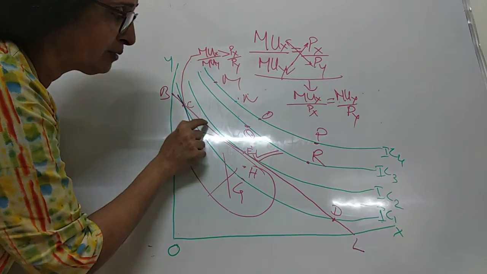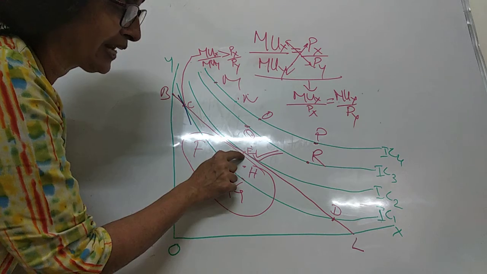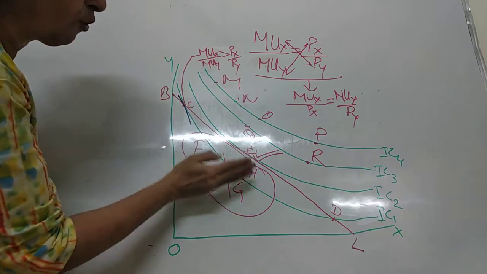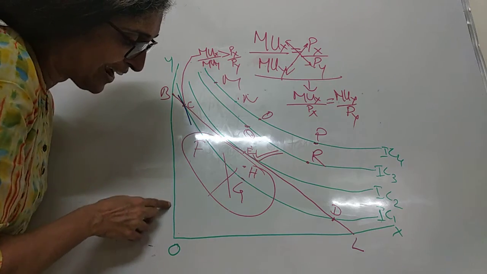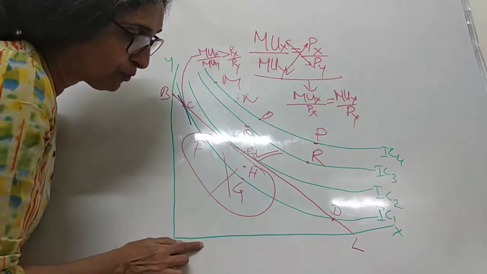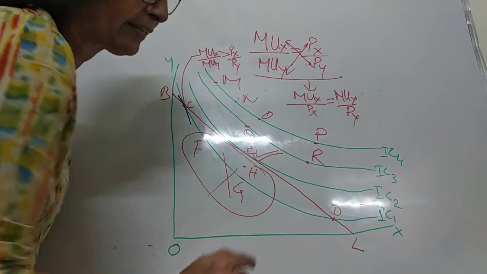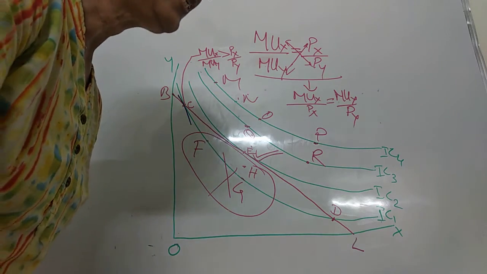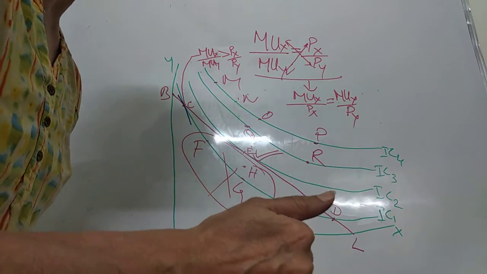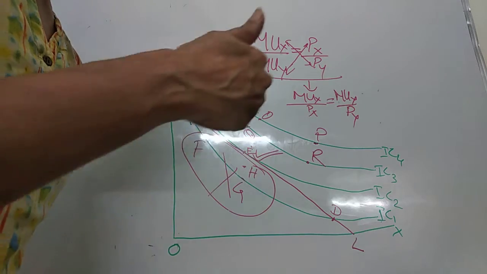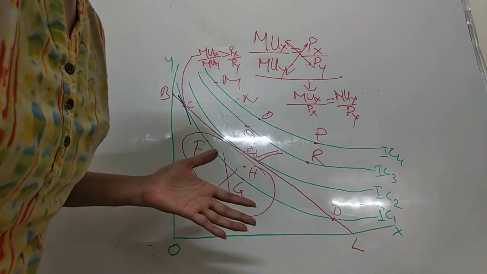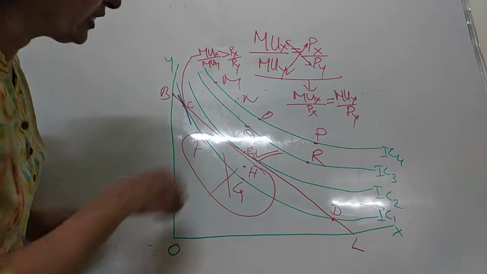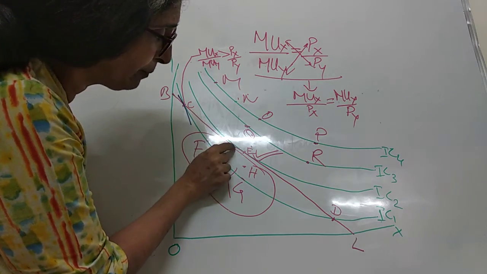So when he starts moving down on the budget line, the consumption of Y decreases and consumption of X is increasing. As the result, the MUX starts falling while MUY is rising and PX and PY are constant. So he continues this downward movement on the budget line